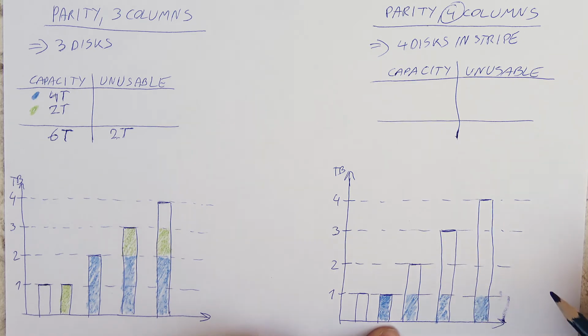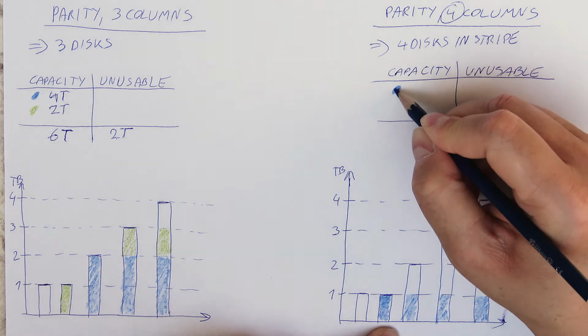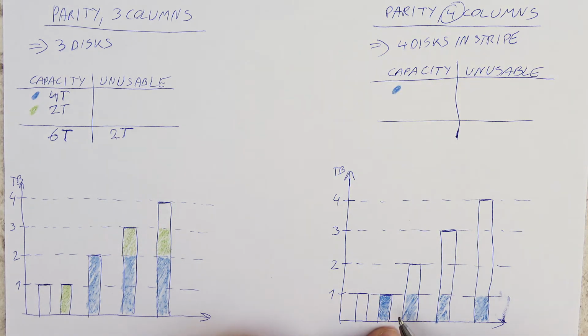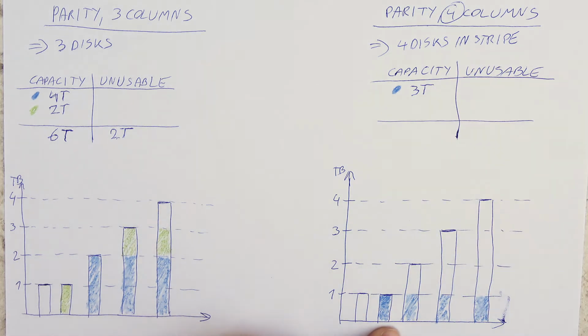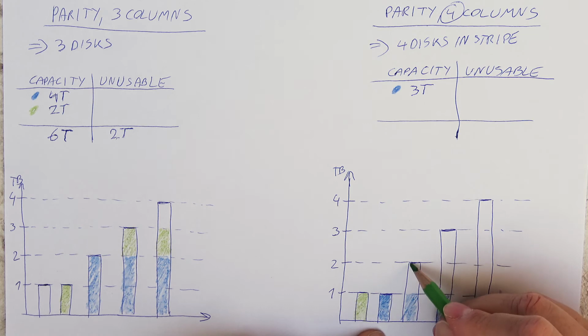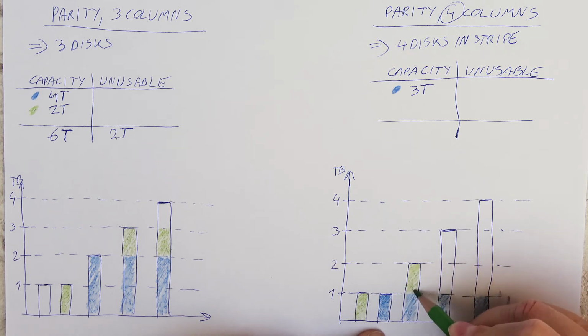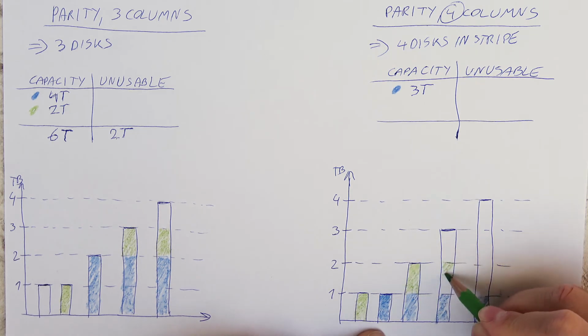So this blue stripe gave us 1, 2, 3, 4 terabytes, but 1 less because of parity, that is 3 terabytes. Next allocation also starts from the biggest free space, which is 3 terabytes, and counts the number of columns, 1, 2, 3, 4. So this fourth has 1 terabyte of free space, so our allocation will be 1 terabyte from this and all previous disks. 1, 2, 3,